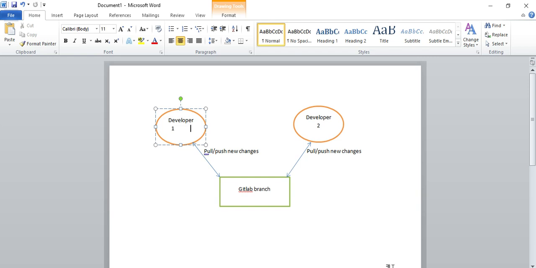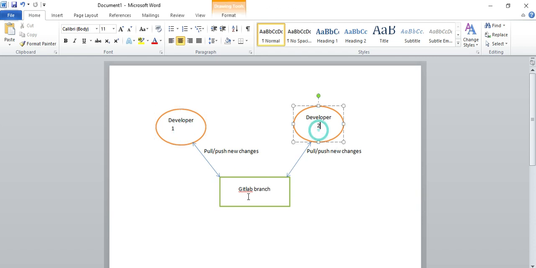Now when developer 2 will pull the code, actually when he commits this code into the branch, a compile time error will be there. But if you have not created the pipeline CI, nobody will get to know whether there is any error or not. So when developer 2 pulls the changes and compiles the code on his own system, then he gets to know, okay, this is the error. Then he reports to some manager, and the manager will find who was the developer who committed that code, right? So this will take a very long and tricky way to find out the error. So that is why CI and CD.